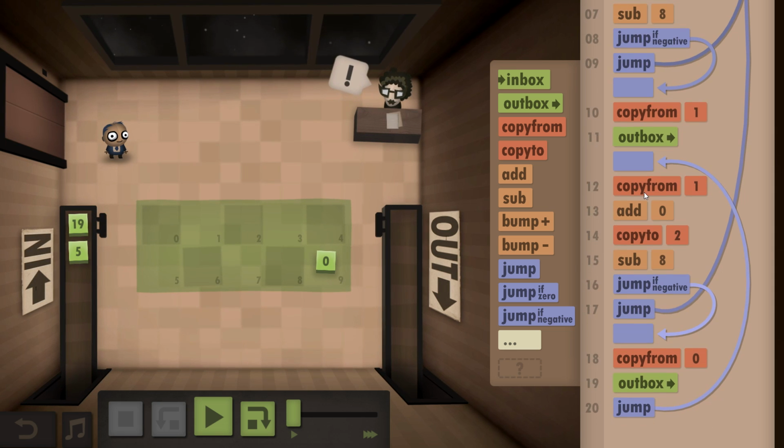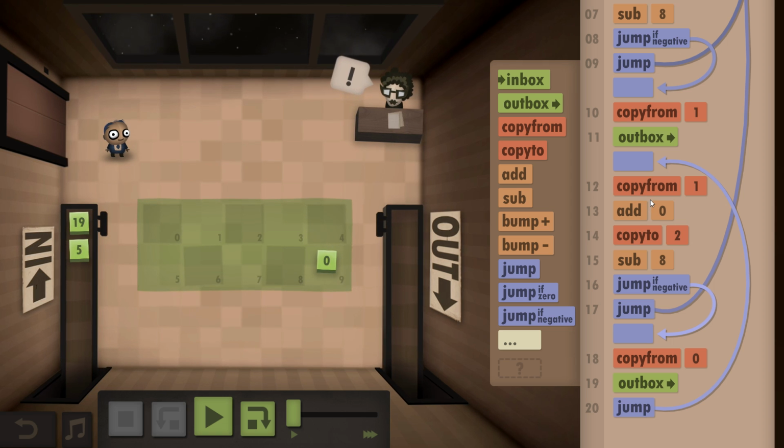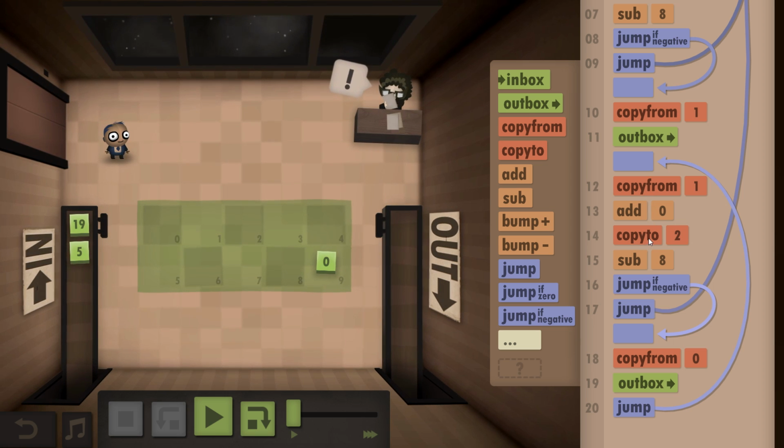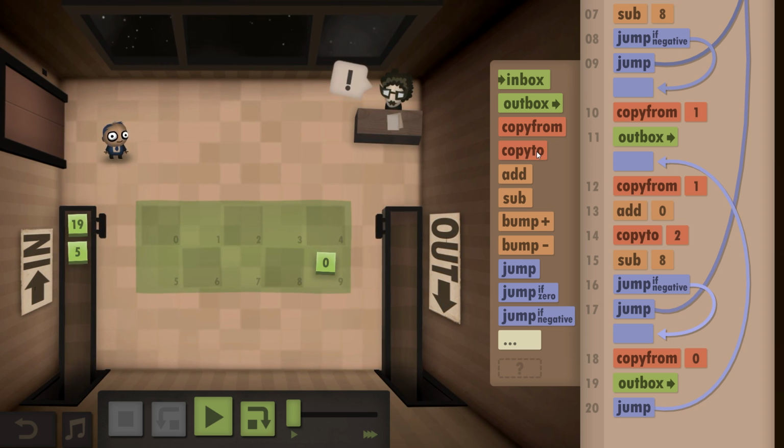Alright. Now, I copy the 1. I add the 0, makes it a 1. I put it down as there's the current one in slot 2. And then I need to also put it down